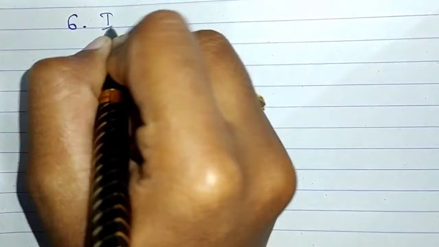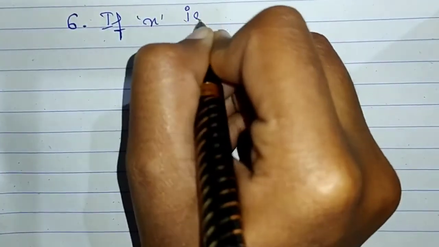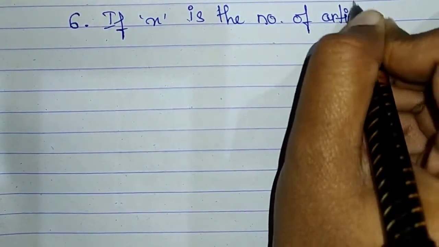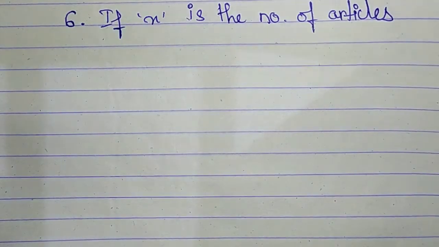Now going on to the sixth question. In the sixth question, a cottage industry produces a certain number of pottery articles in a day. It was observed on a particular day the cost of production of each article in rupees was 3 more than twice the number of articles produced on that day. That means if x is the number of articles produced on that day, then